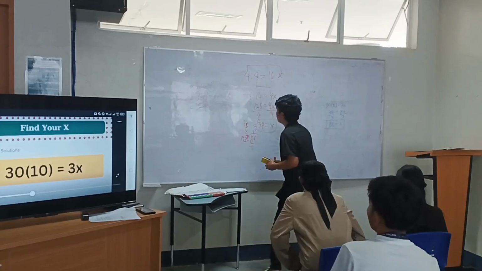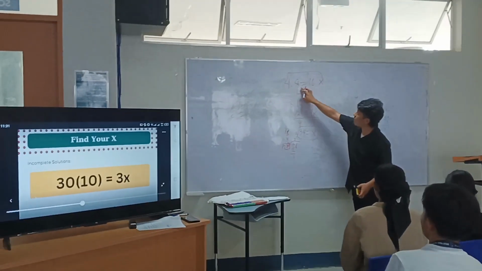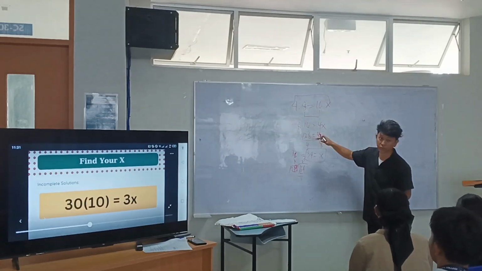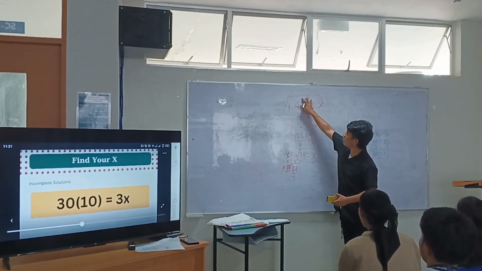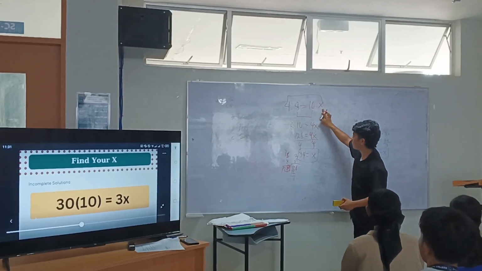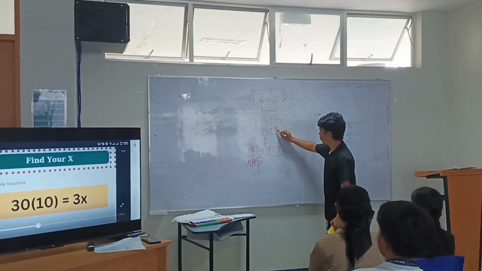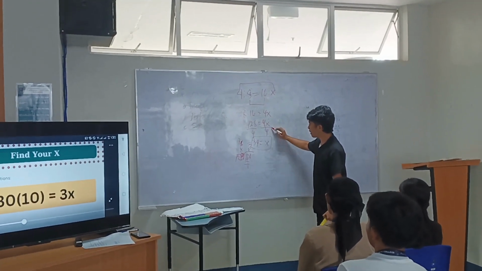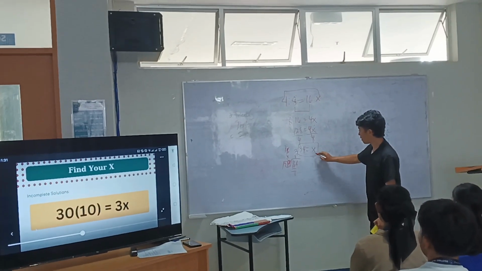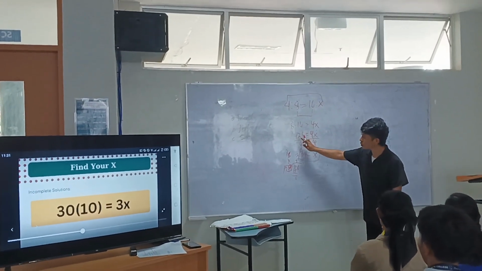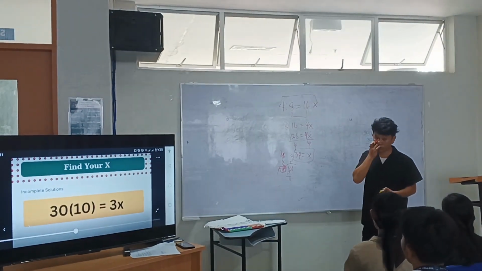Multiply the 2 means here. So 8 times 16 is 128. That's correct. Next is to multiply the 2 extremes, or the 4 times x. So that's correct also. Next is to divide both sides by 4 to cancel the 4 here, and the remaining is x. Then 128 divided by 4, the answer is 32. So this one is correct.